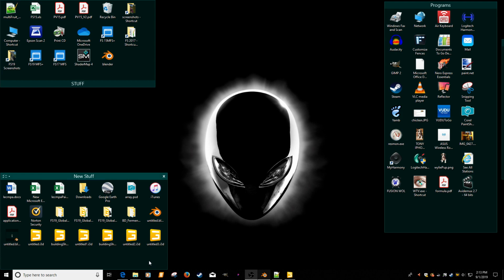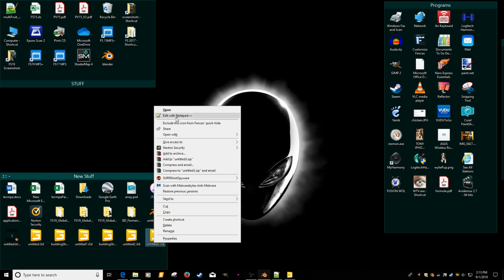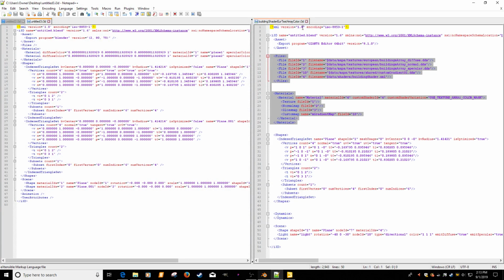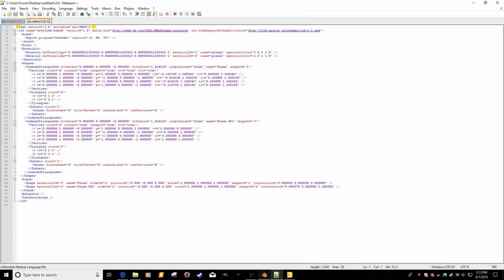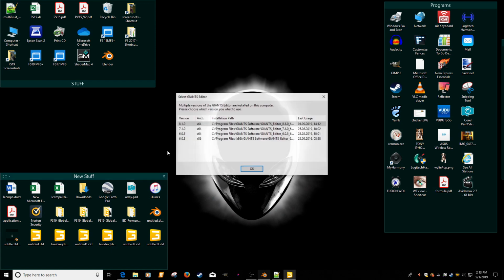There's a couple of different ways you can fix that. You can come right in and edit it and simply change it. See how these are all matching? The only thing that's different is plane 1, plane 2, just as a material name. Because these diffuses are the same, nothing's different. Giants Editor is saying, oh, this is kind of nonsense, it's redundant, why are we using 2 materials? So we actually have to have a difference in those materials. So I'm going to change that color a little bit, hit save. Now when I open up Untitled 3,